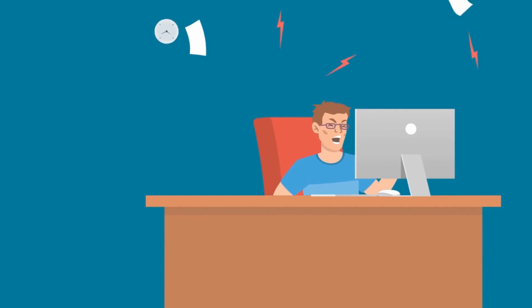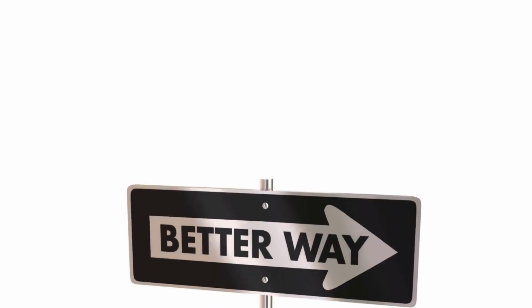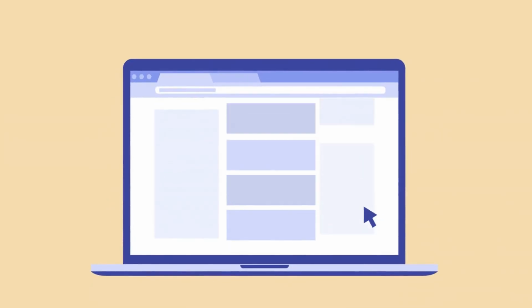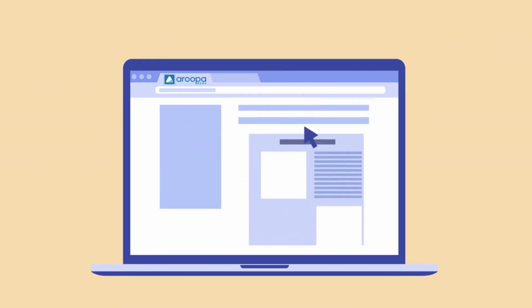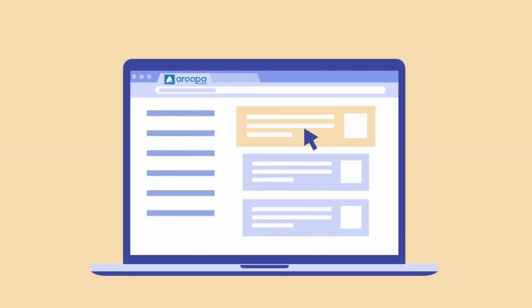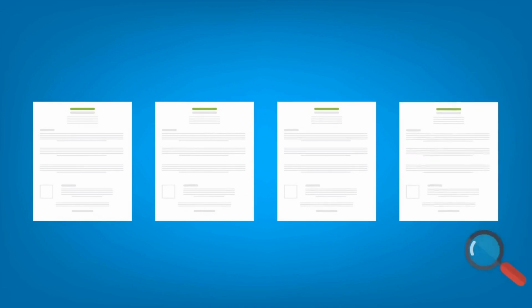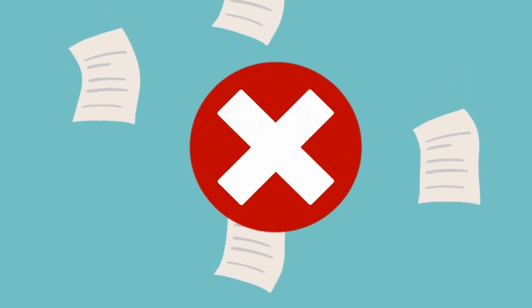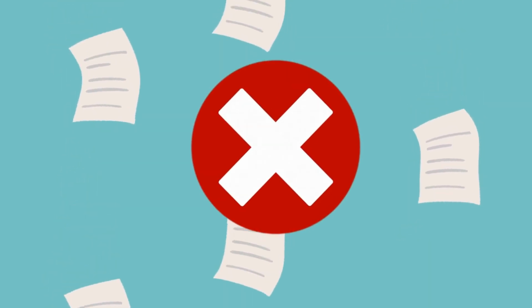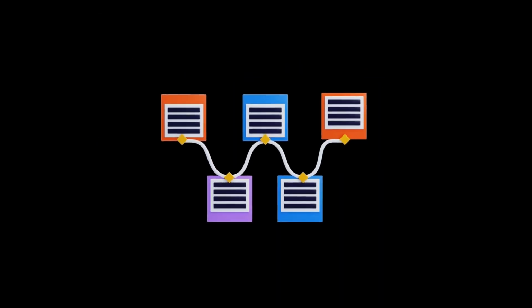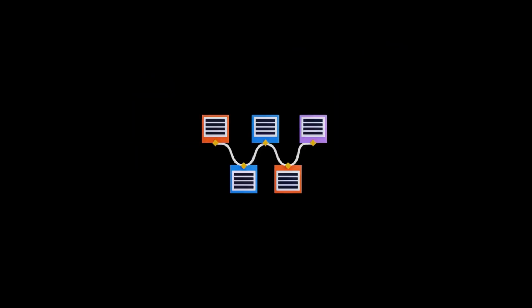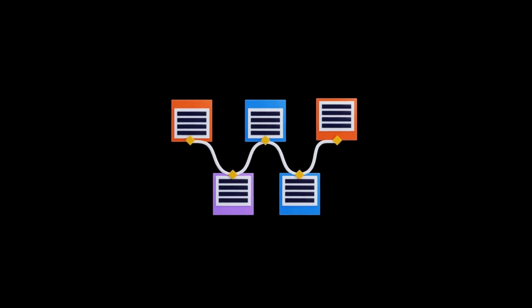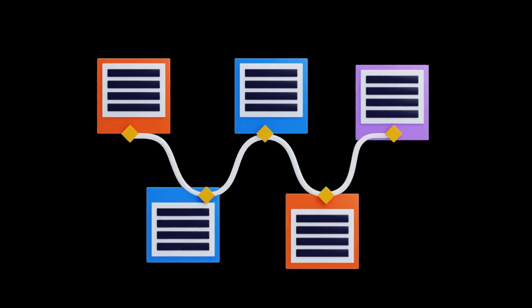Drowning in paperwork and disorganized forms? There's a better way. Introducing Arupa App's master form with a built in navigation bar, your key to a smoother, more efficient business workflow. Keep all your forms in one place, neatly organized and easy to access. No more digging through piles of paperwork or endless digital files. With the navigation bar, switching between sections is effortless, whether it's customer data, invoices, or employee records.